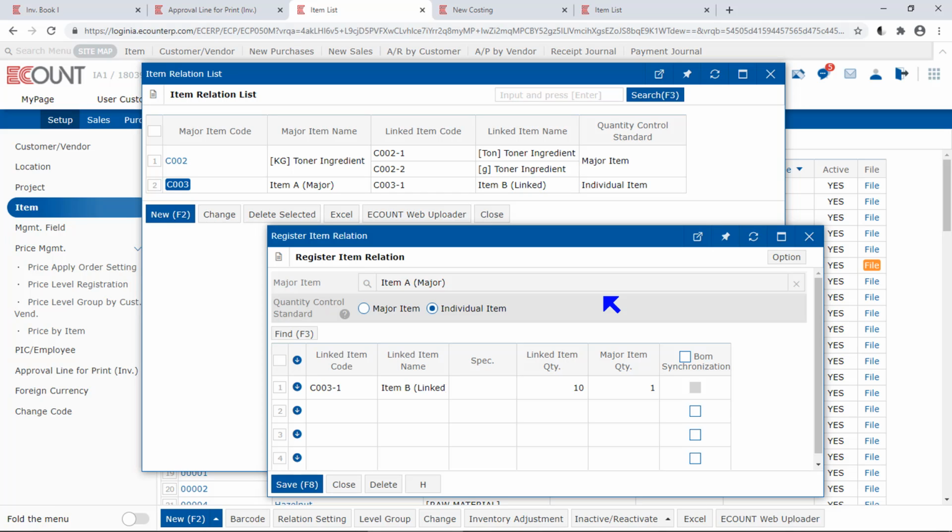So let's say you have set an item relation between item A and B in the item setup menu, with item A being the major item and item B being the linked item. And let's say quantity 1 of item A corresponds to quantity 10 of item B. Then in the inventory book report,